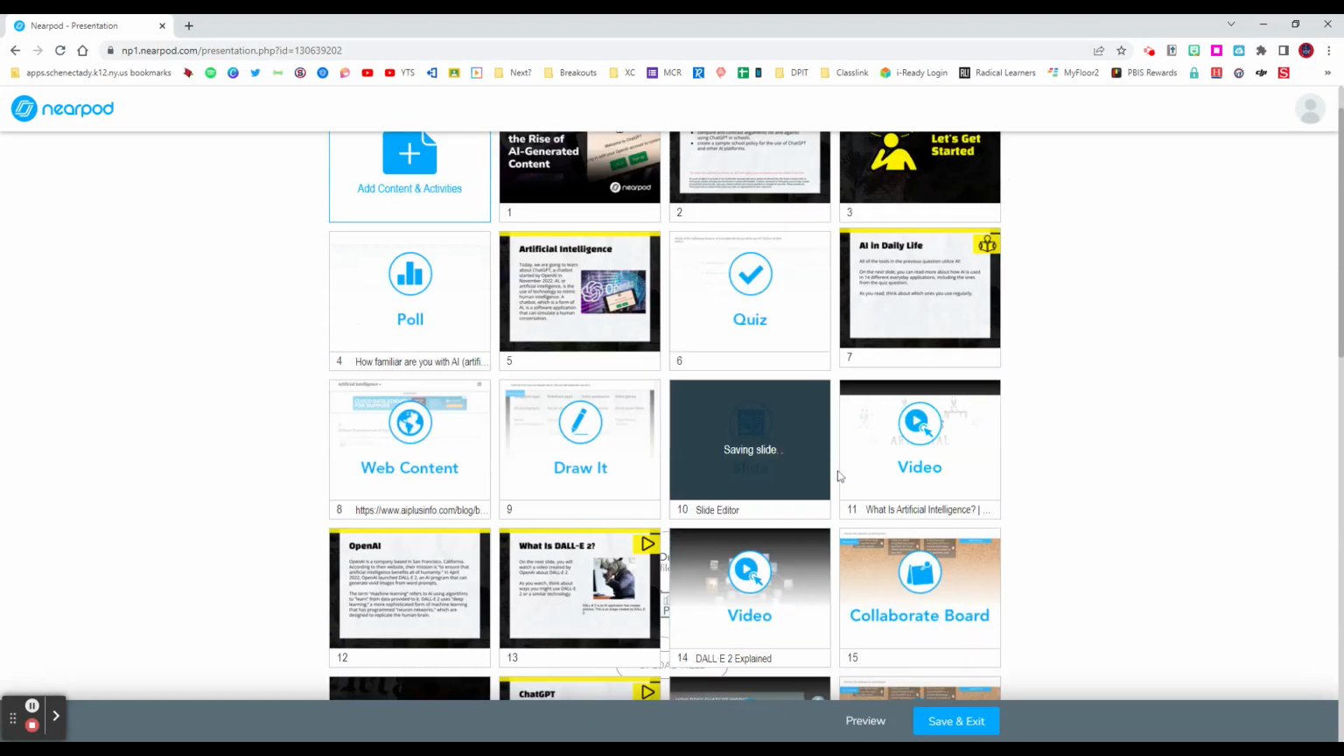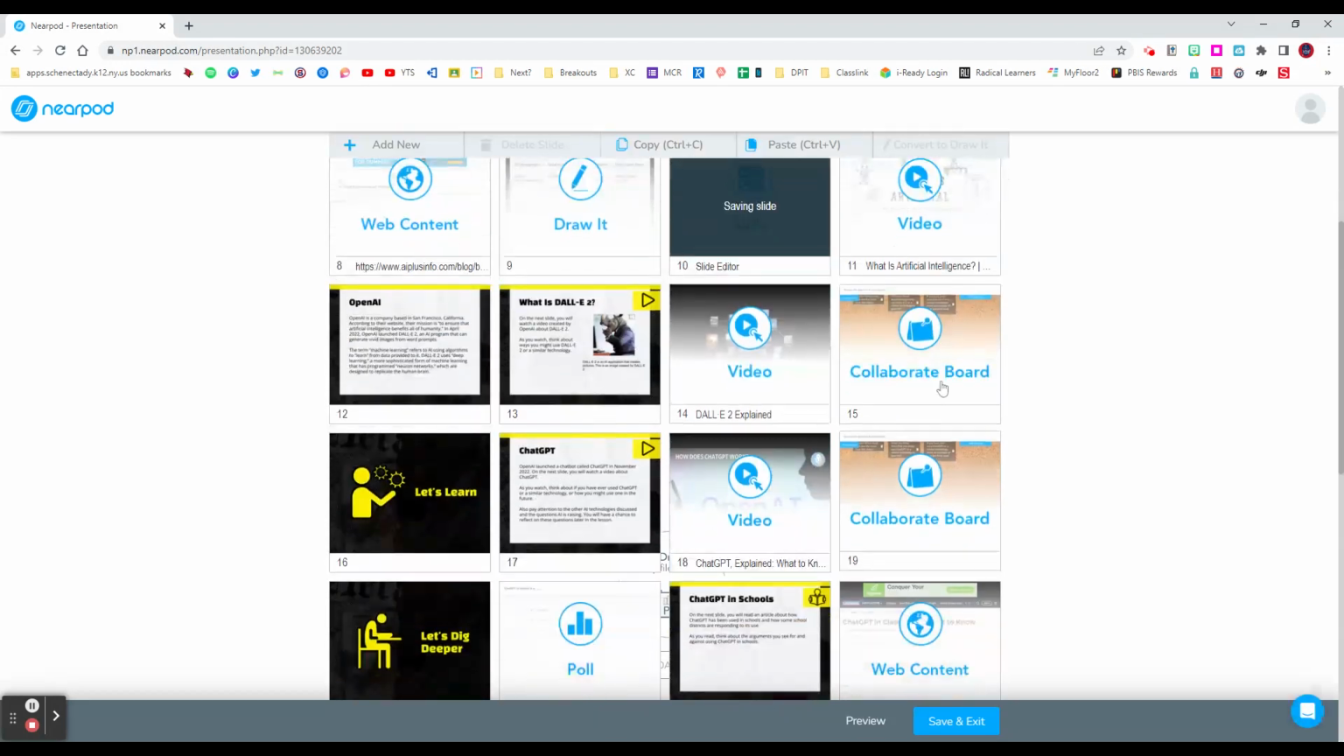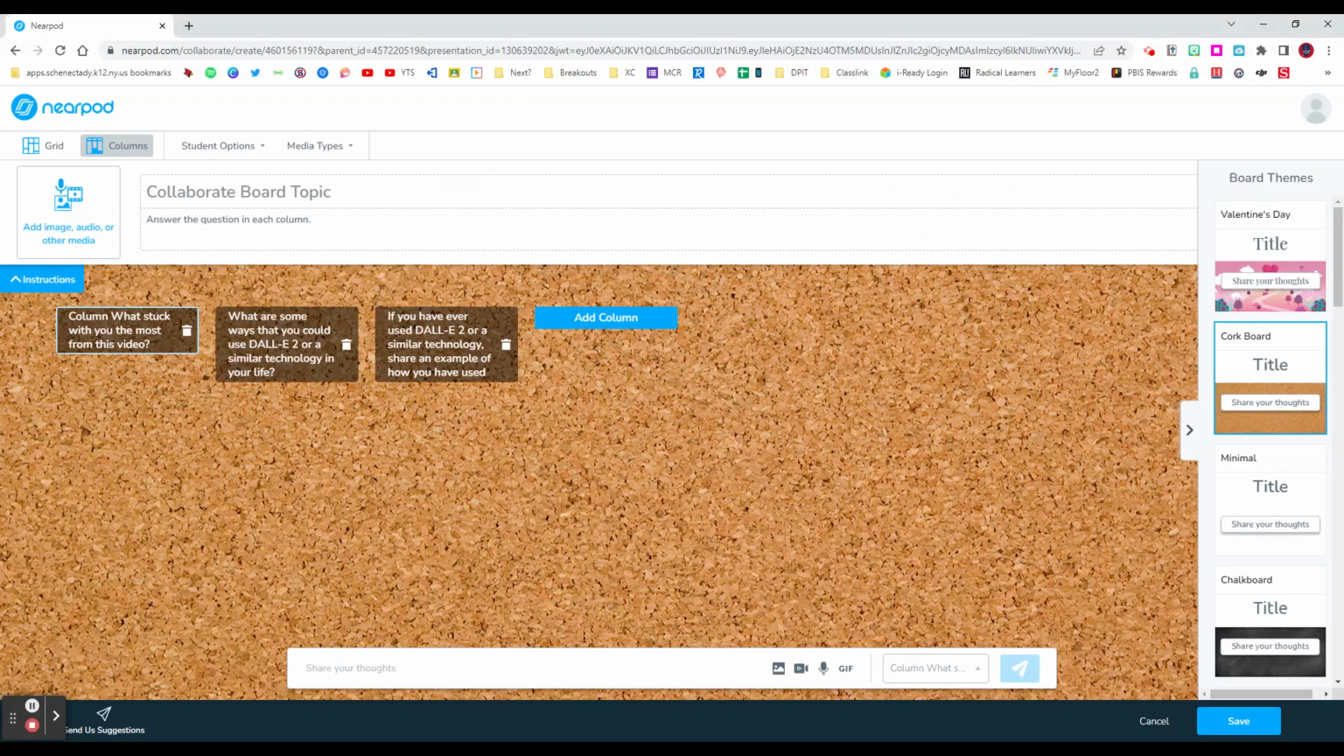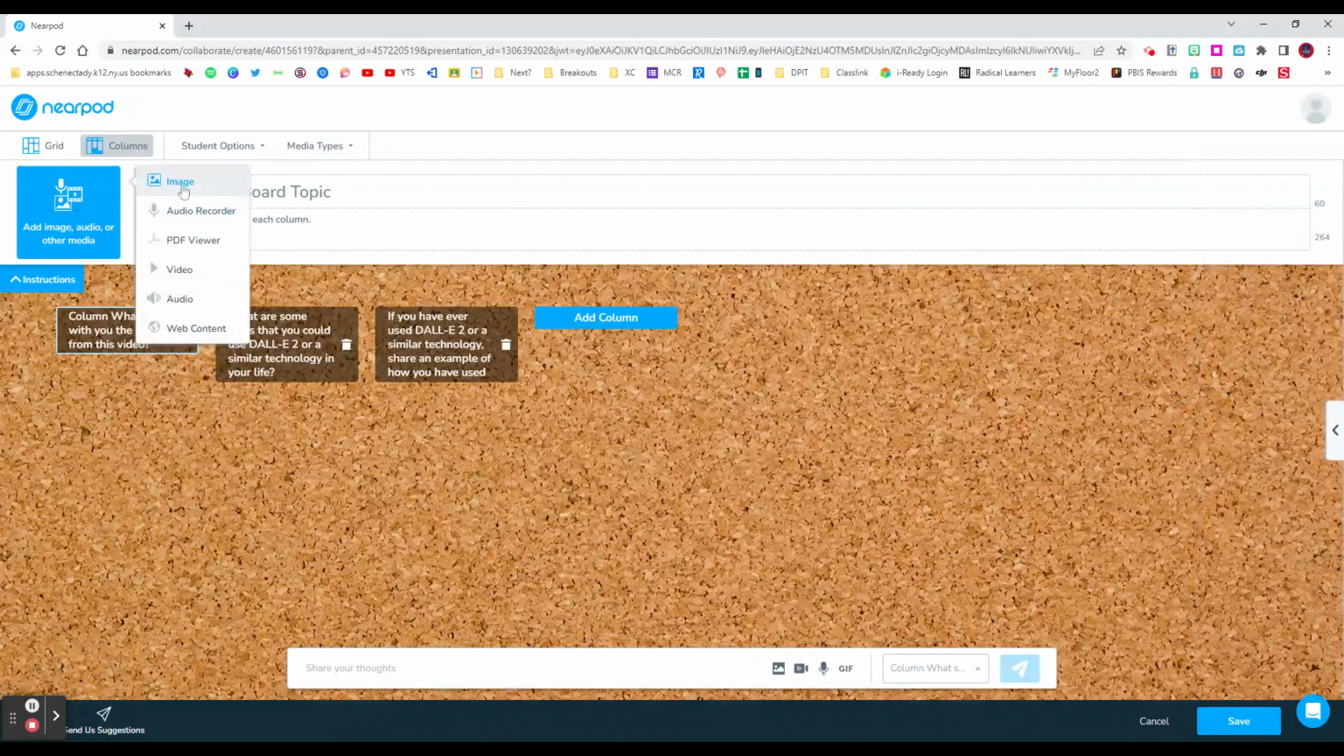I can also add audio to the instructions in an activity like this collaborate board. If I double click on that, it'll open up the collaborate board. In the upper left hand corner, you can see add image, audio, or other media. If I click here, it'll ask me, and this is a good place for me, my audio recorder, so I can give directions,